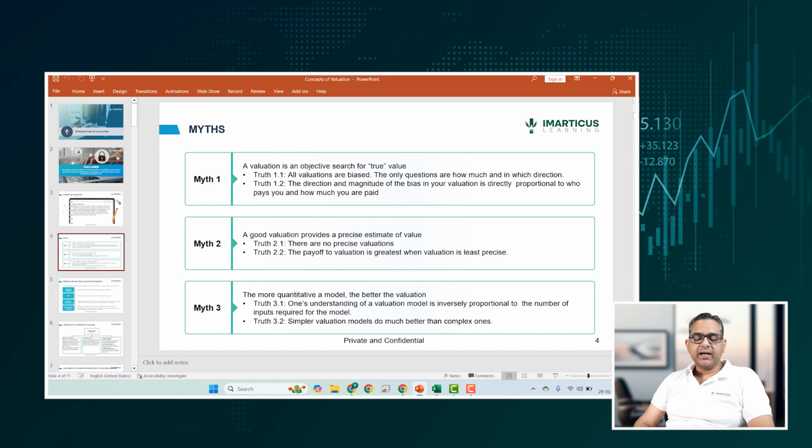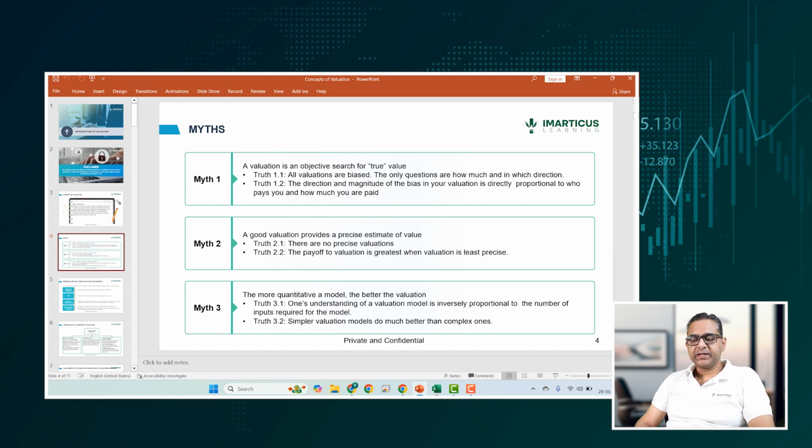So there is no precise estimate as such for value. As we discussed, for the same asset, somebody can feel that it is overvalued and somebody would feel that it is undervalued. That is how they will place their buy or sell orders, and that is how trade happens. In fact, we want people who have different views on valuation. If everybody feels this is the precise value for a particular asset, then trades may not happen, right? That asset will be priced at that, and there may not be any trade. Somebody should feel it is undervalued, somebody should feel it is overvalued. Only then can the trades happen in the market.